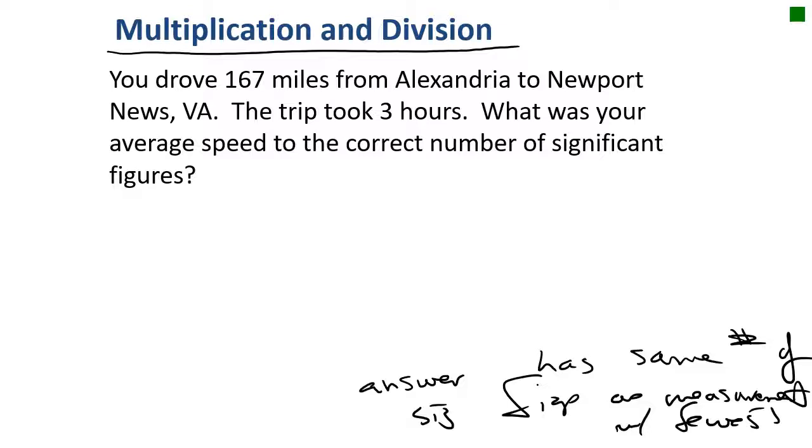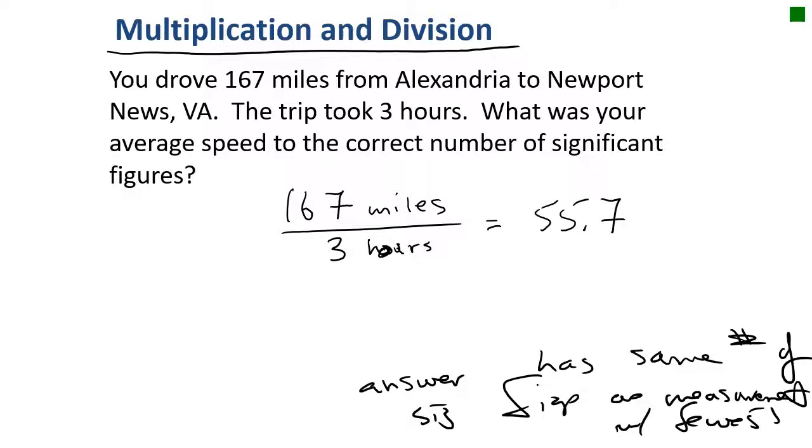So if we take a look at this, we are driving 167 miles in a period of 3 hours. We want to know what the speed is in miles per hour. When we do our math here, we're going to get 55.7 miles per hour. We got to look at our sig figs. Well, we have 3 sig figs here and we have 1 here. If we have 3 sig figs on the top and 1 on the bottom, it means our answer can only